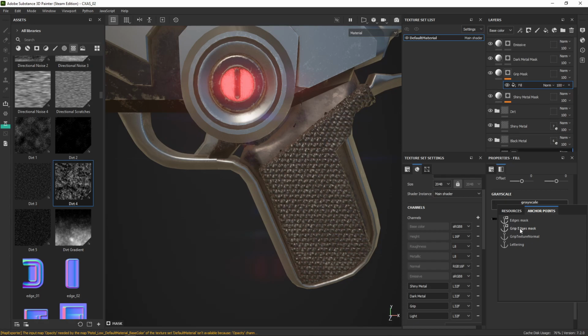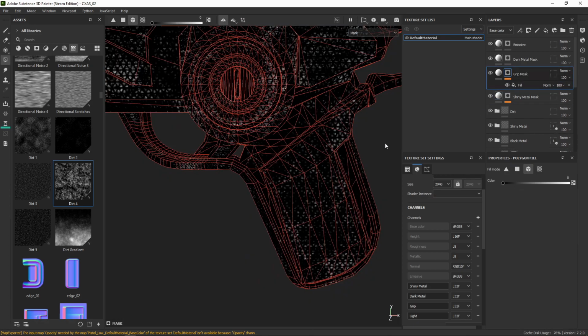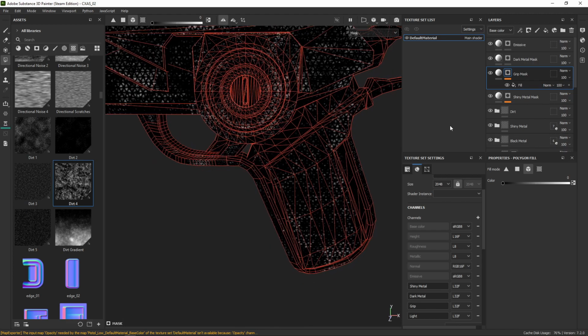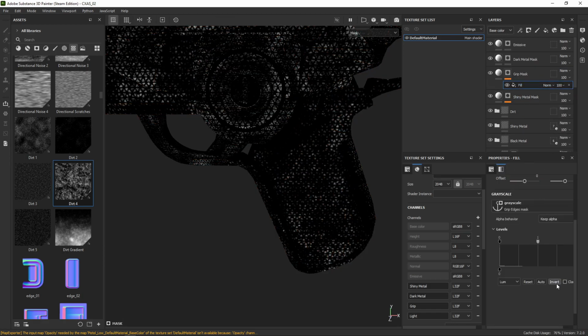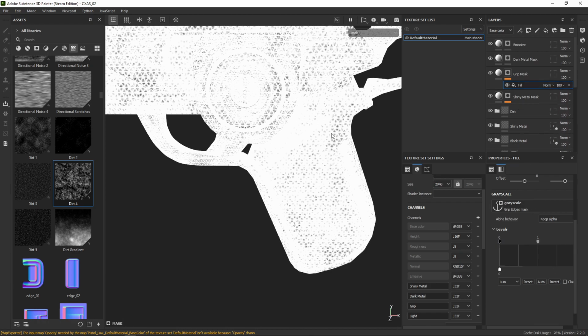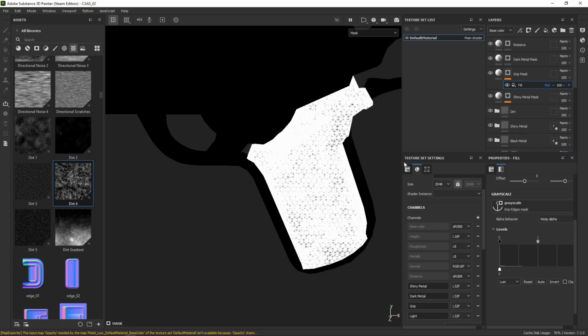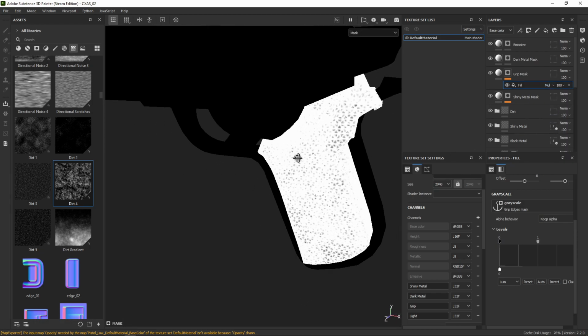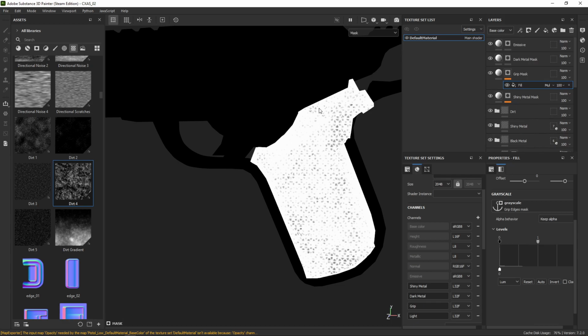This is why you want to name the anchor points, so that you can easily access them. Now if we click on this layer, you can see it's brought in that same mask. If we want to do the same iterations of mathematical equations, we want to invert this, because we want to hide the things that were white. And then we want to set this to multiply. So now you see we're going to mask out of this texture